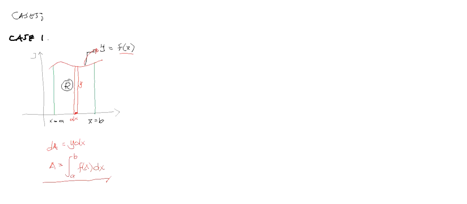So for case 2, say this is our x and y axis, but our curve, instead of being on this side, is located here, having y is equal to some function of x, and x is equal to a, x is equal to b. If we have a case like this,